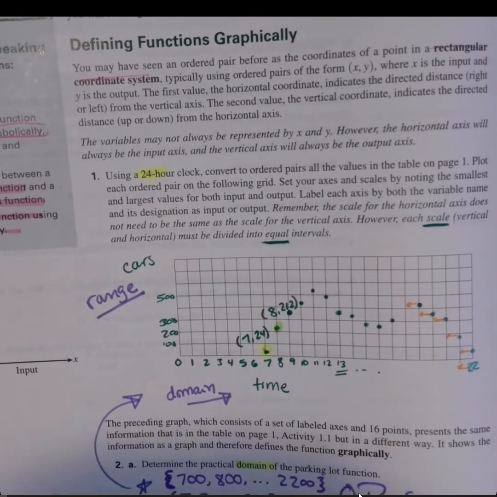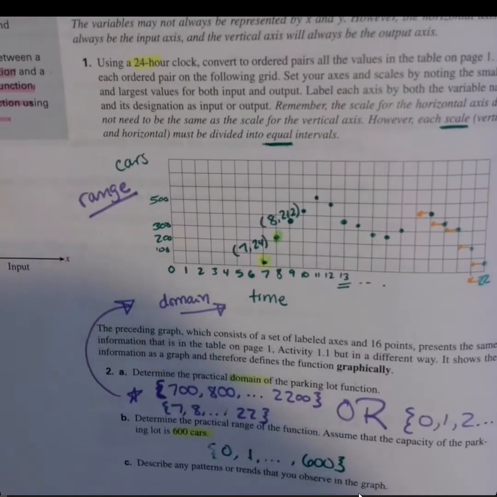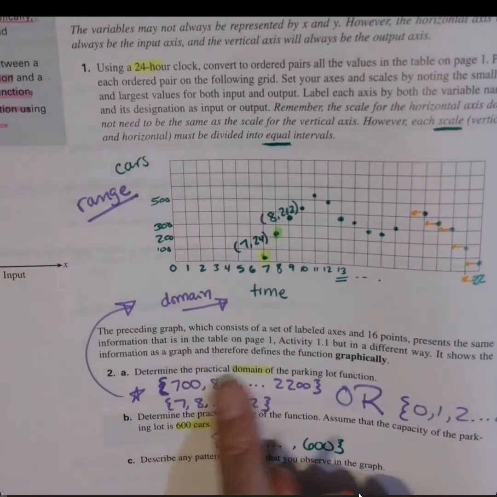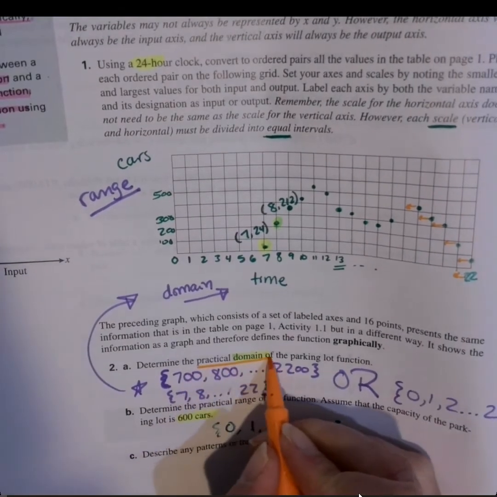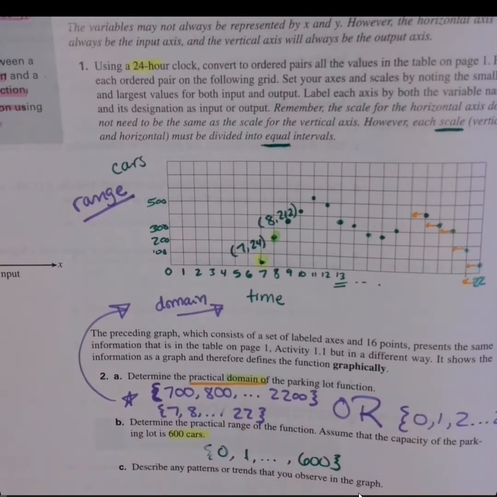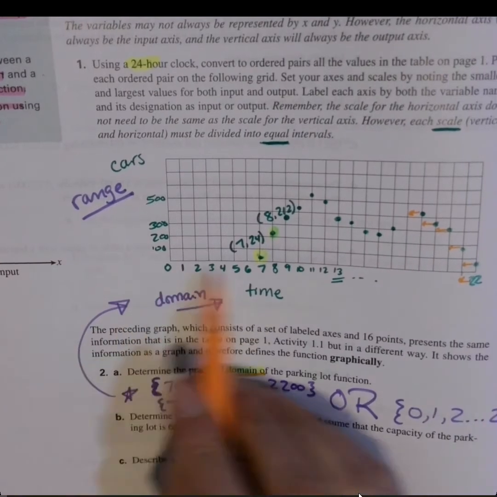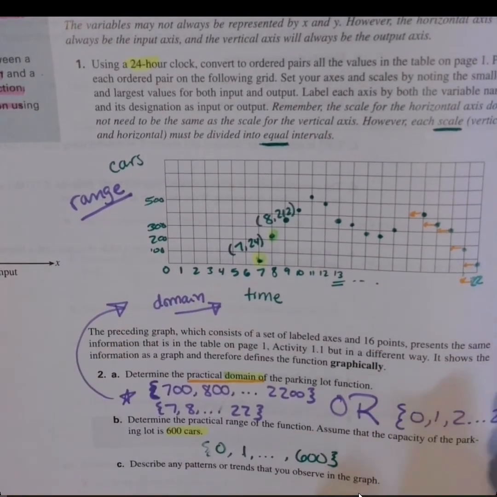Now, they ask us to determine the practical domain. So the full domain, you see, I've listed values from 0 up to 2400. I can't go